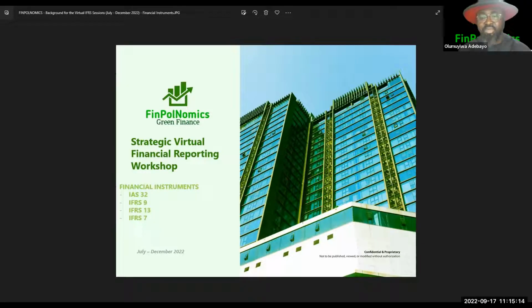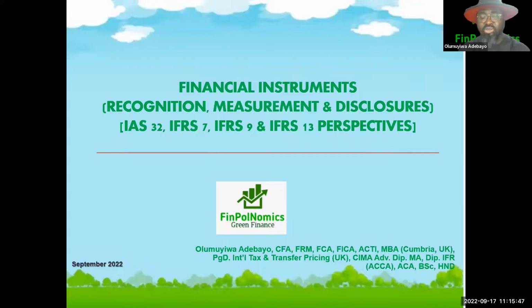Now, we will be more or less perusing the details of IAS 32, IFRS 7, IFRS 9, and IFRS 13, respectively. Okay, we will start the part one session today, where we'll be introducing ourselves to the requirement of the standards. And we will lay the foundation today, starting from IAS 32, in order to provide us better clarifications to understand what financial instruments are, what are the forms of financial instruments, and what are we to do with